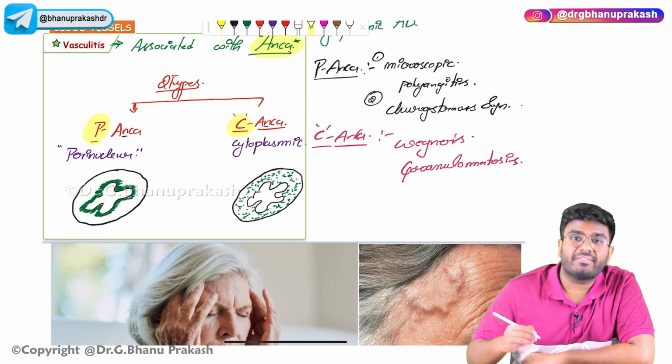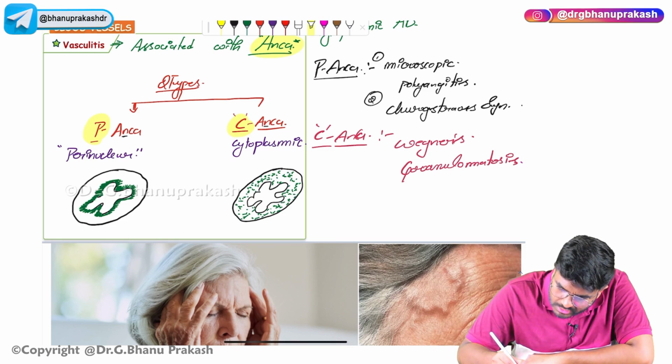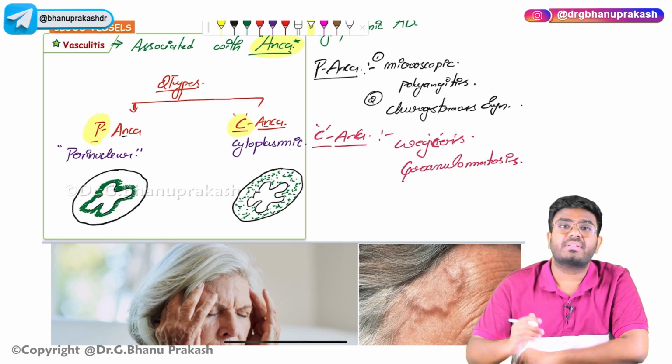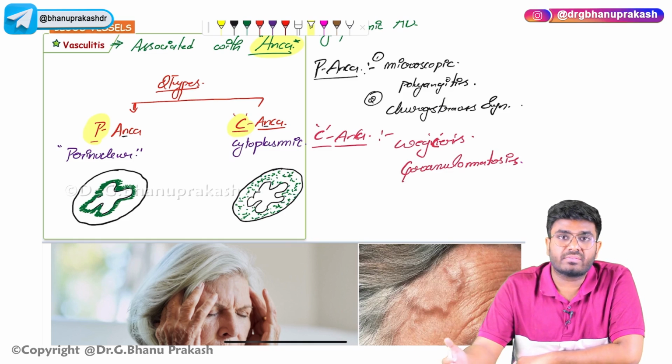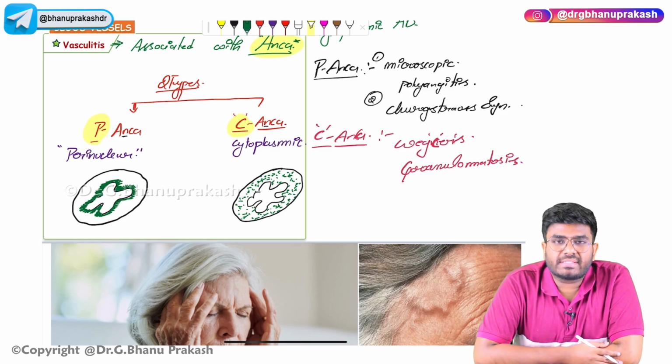See, I used to remember it like Wegener's. Why? Because you should know that C ANCA is present. C ANCA is present in which type of vasculitis? Wegener's granulomatosis. Now, a question which can come in your exam is which type of ANCA is present in Wegener's